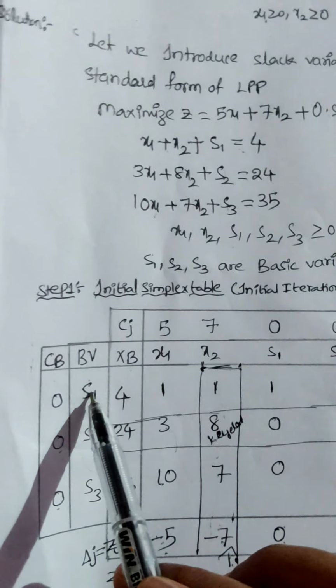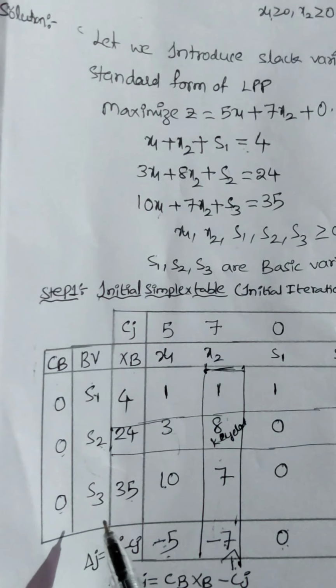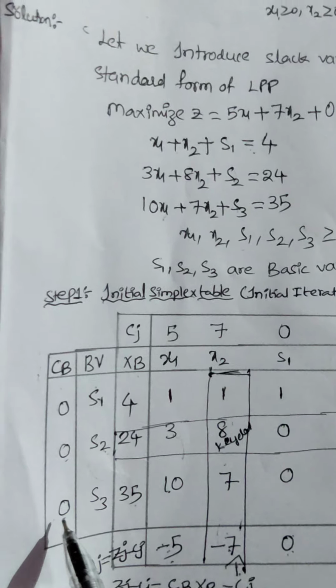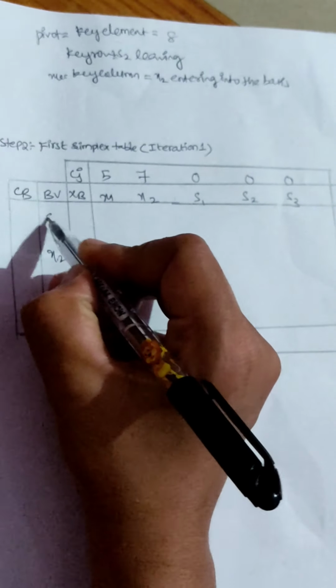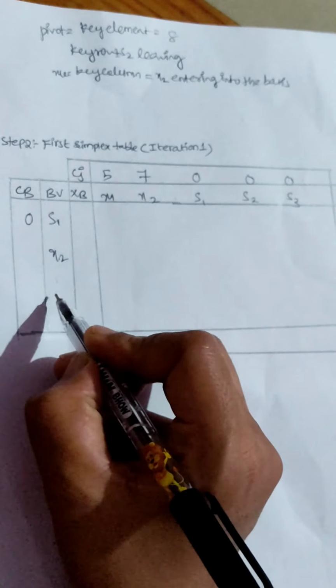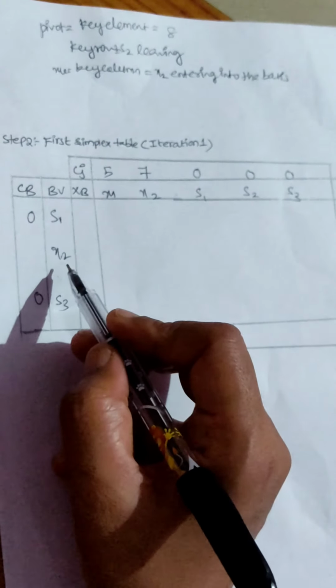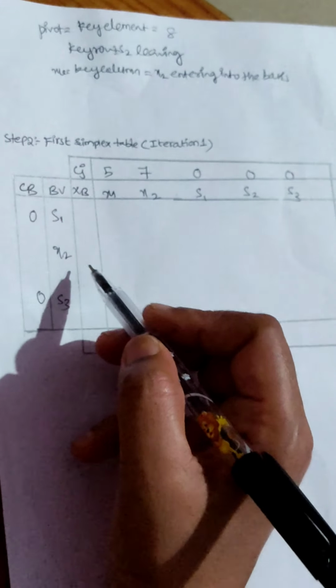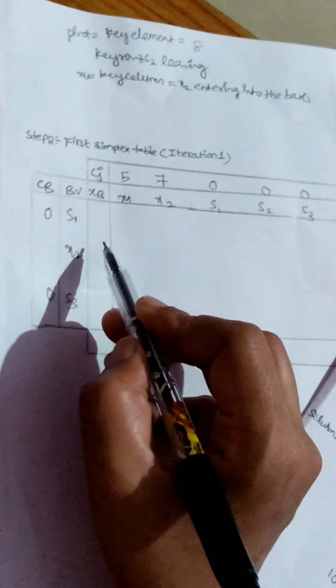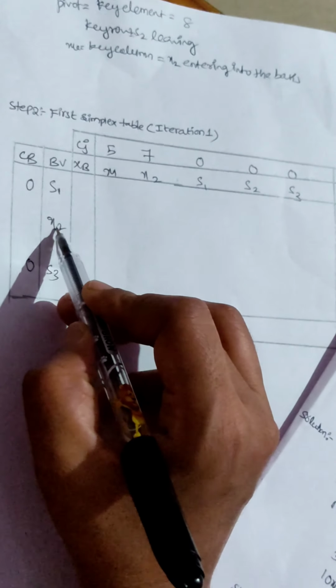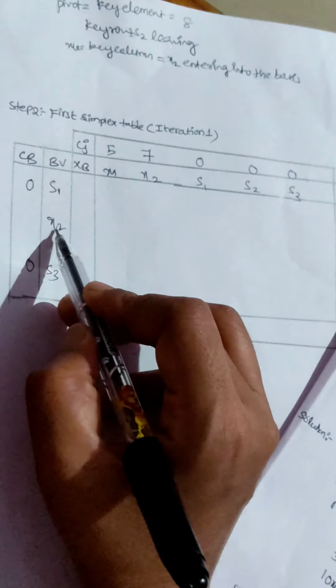Next, in the first iteration, s1, s3 are there. Write s1 as it is, coefficient 0 as it is, s3 as it is, coefficient 0 as it is. s1 0, s3 0. There is no change in s1 and s3 and their coefficients. Only the change occurs for the leaving variable. s2 is leaving. In place of s2 we have written x2. Now